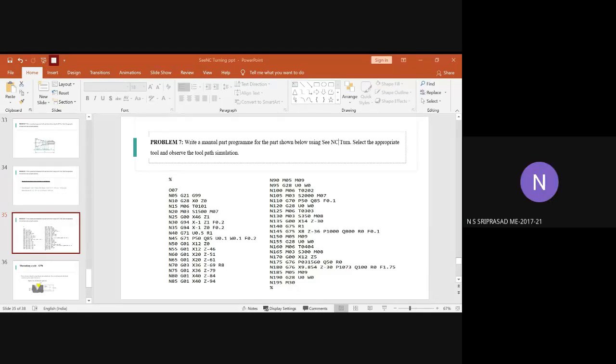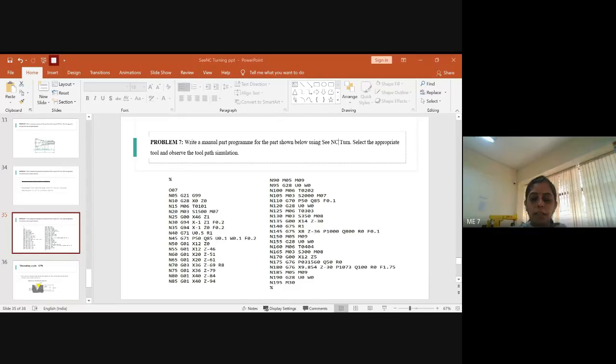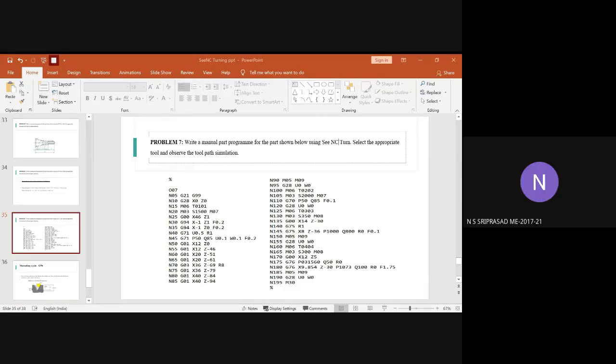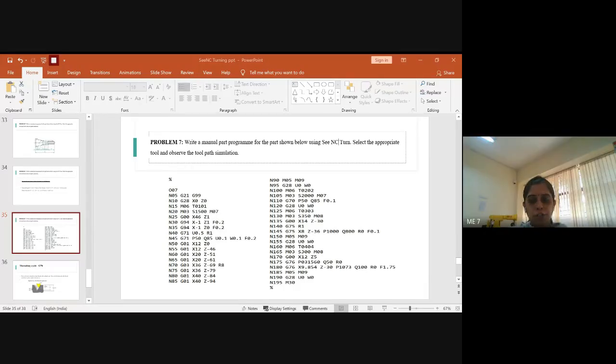Ma'am, one question. If we were in an actual lab, how would we be doing experiments? If you were in the lab, first we will draw the sketch on the board and you will take it down. All the syntax associated with it will be explained to you, and which operations are to be done.